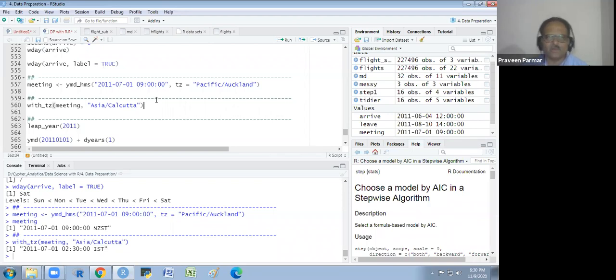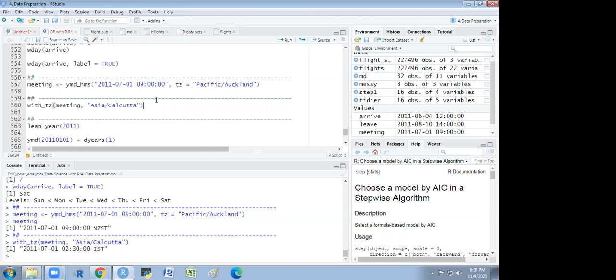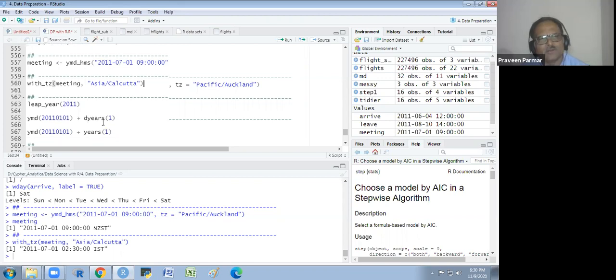Okay. If you want to convert the data in some other format, you have data in some other time zone, or when you are doing the analysis, you require it in some other time zone. Then you convert this. Does that make sense to everyone? So a few more things.